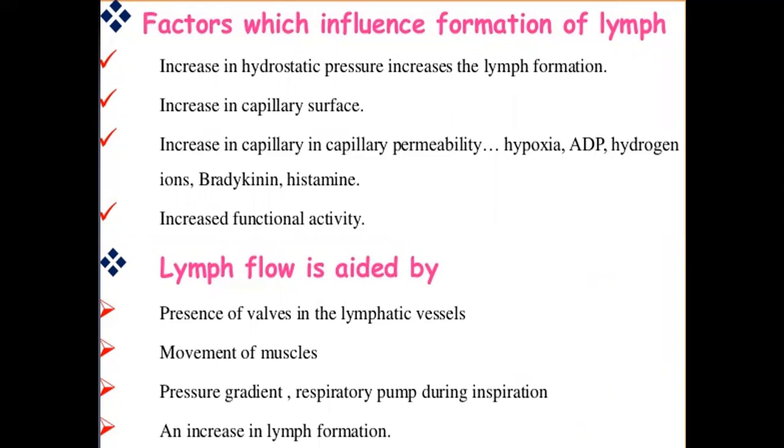And the factors which help the flow of lymph are almost the same as the factors that help the venous return. Lymph vessels also have valves which promote one-way direction of flow of the lymph towards the heart. Then the movement of the muscles is also going to help by pressing the lymph vessel and pushing up the lymph fluid. Then the pulsation of the adjacent arteries is also going to help the lymph flow, and the negative intrathoracic pressure is also going to help the lymph to be pulled upwards towards the heart.